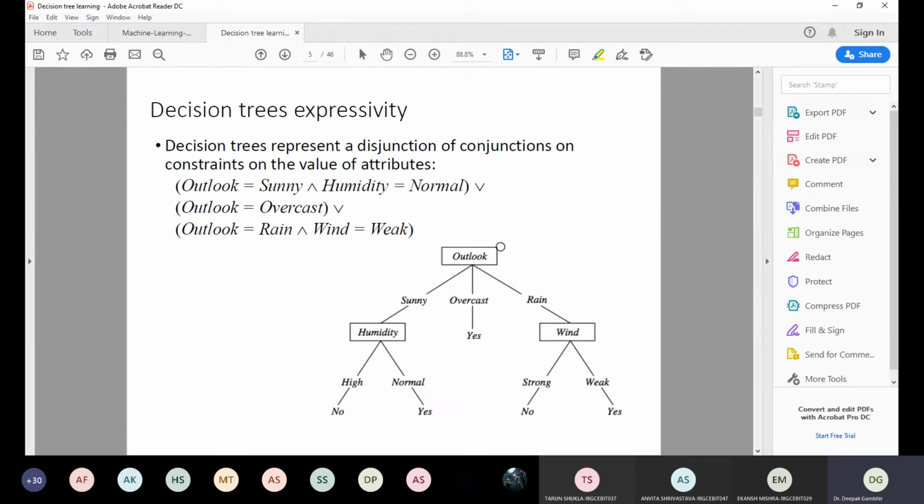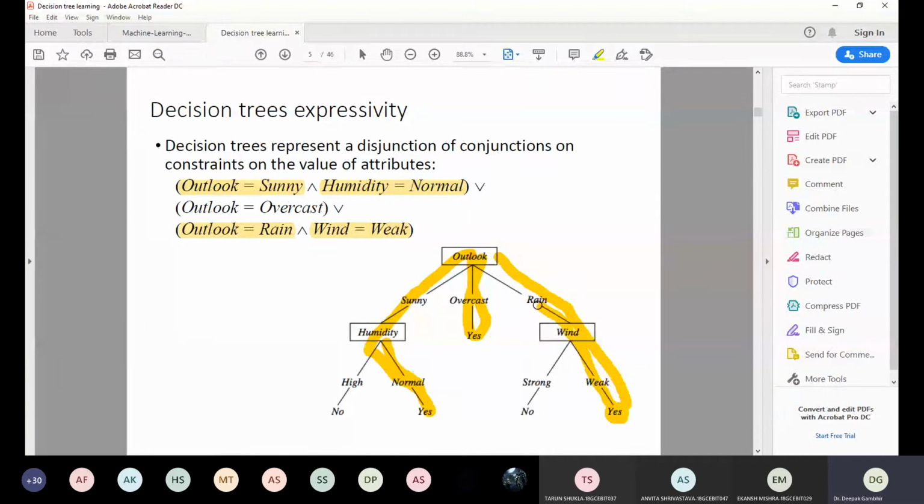A decision tree represents the disjunction of conjunctions of constraints on the values of attributes. If we consider the same decision tree, if the outlook is sunny and humidity is normal, it is also yes. Outlook is overcast, then also it is yes. Outlook is rainy and wind is weak,